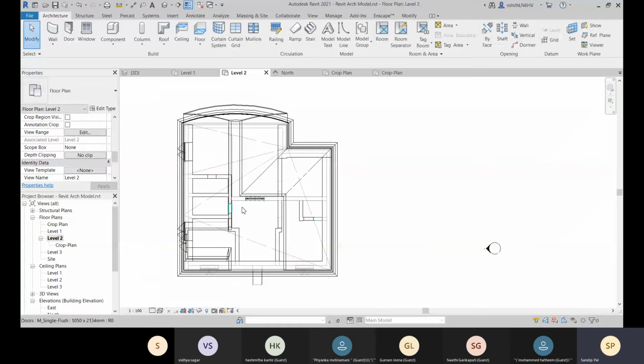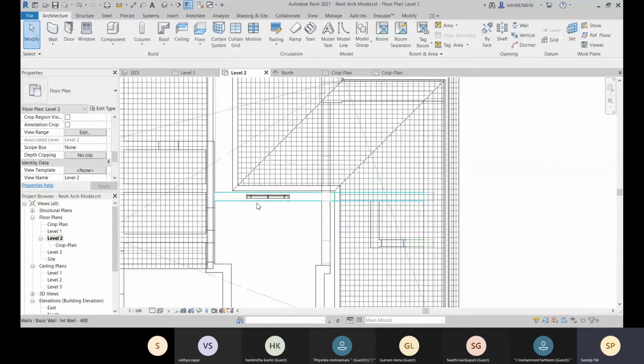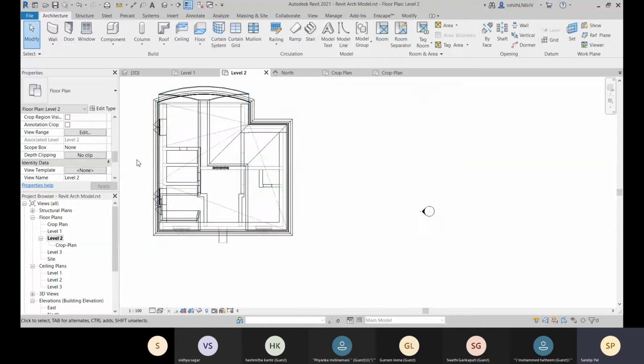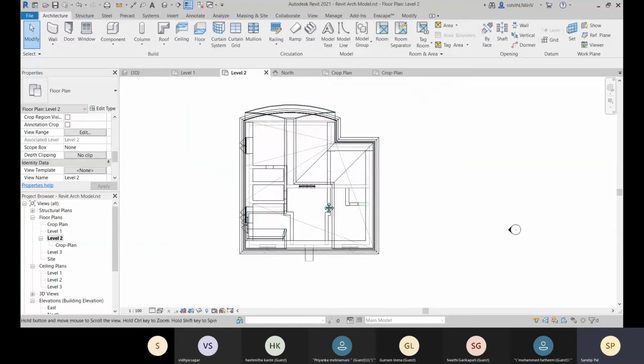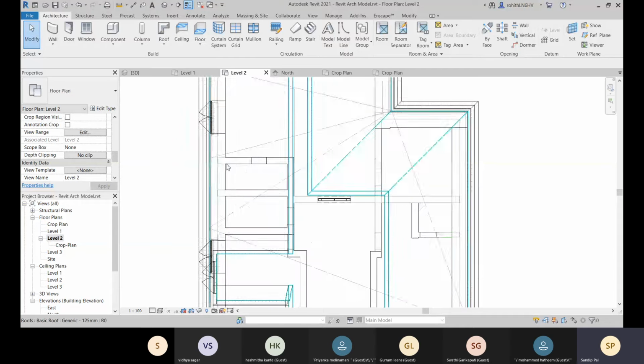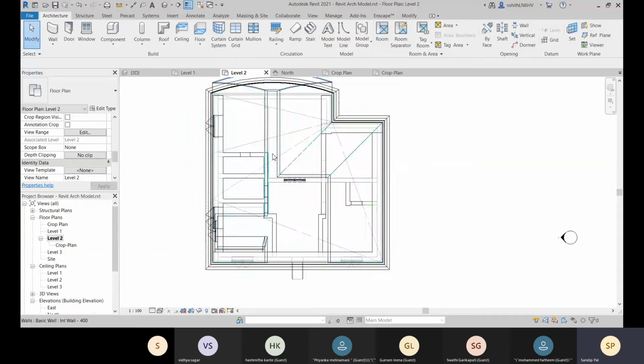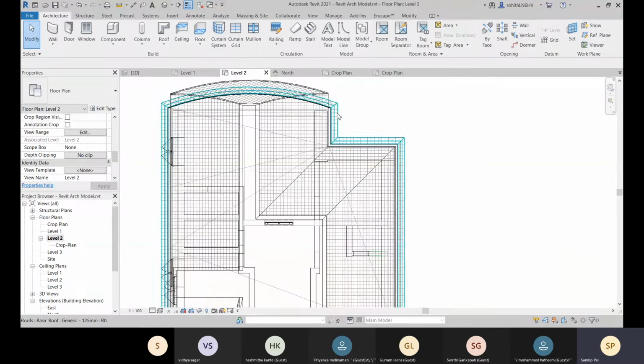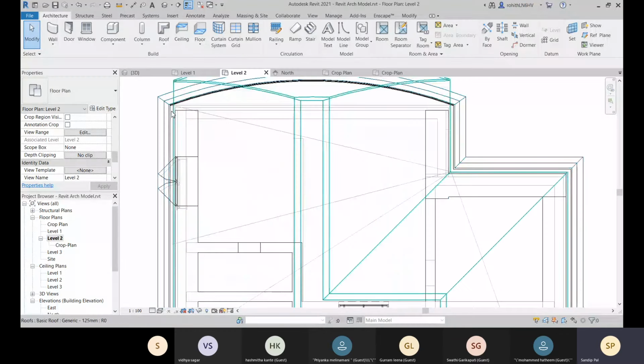So you can control this in visibility graphics. I will come to that later, how you can control those. You can see that this phase is defined there. Okay, so let me go for another phase, like suppose floor.